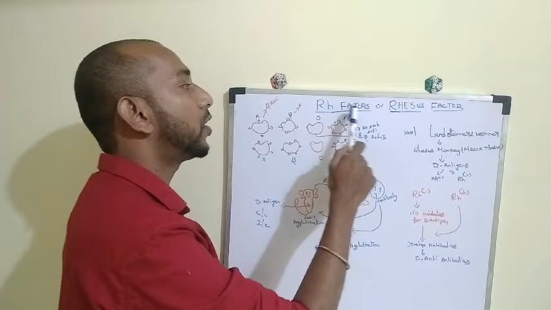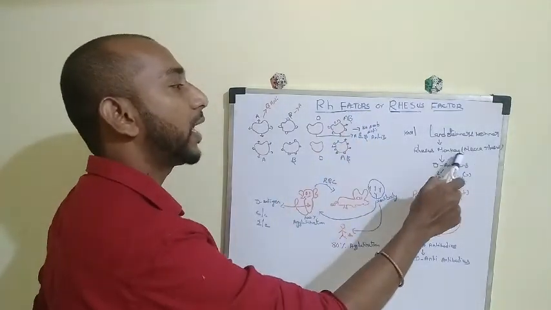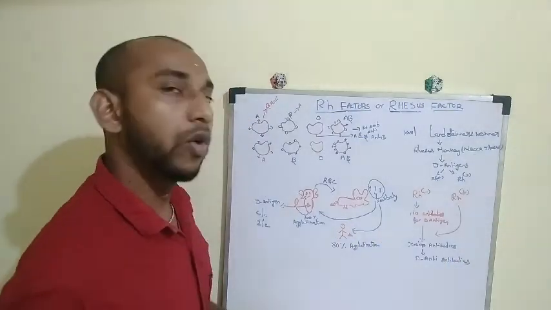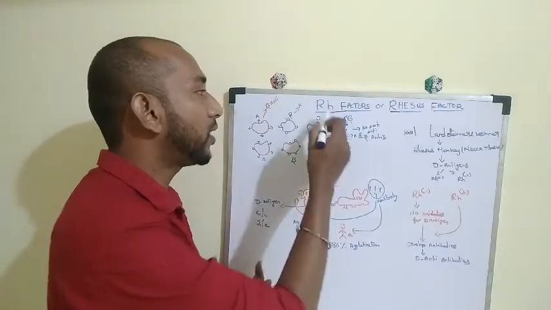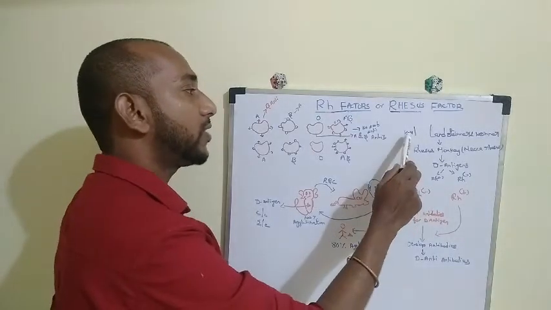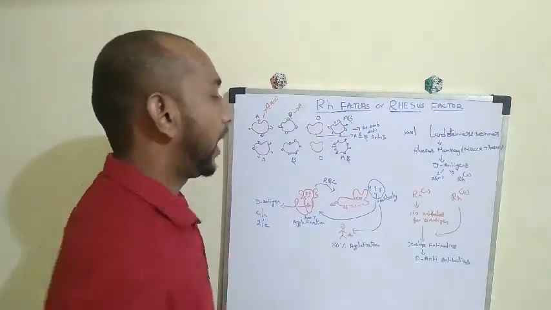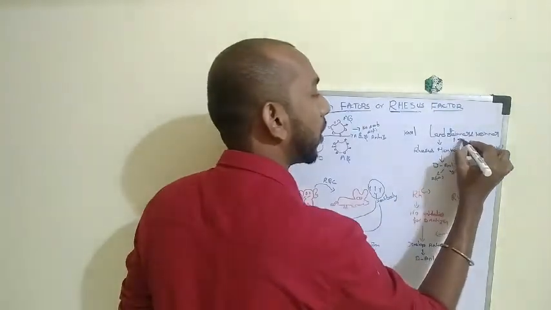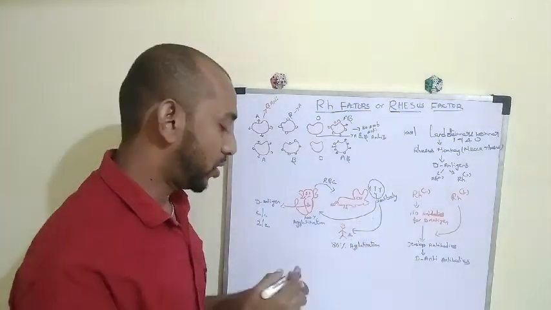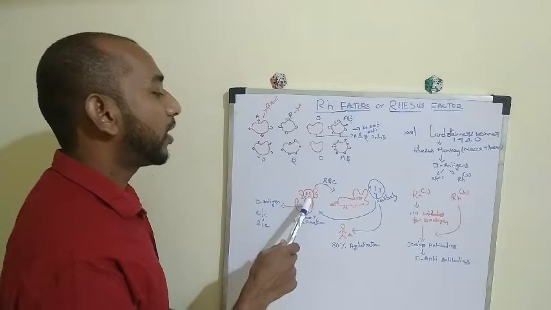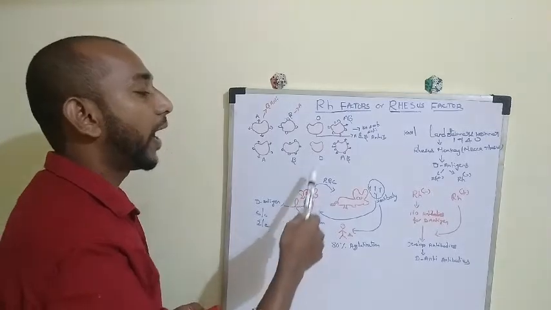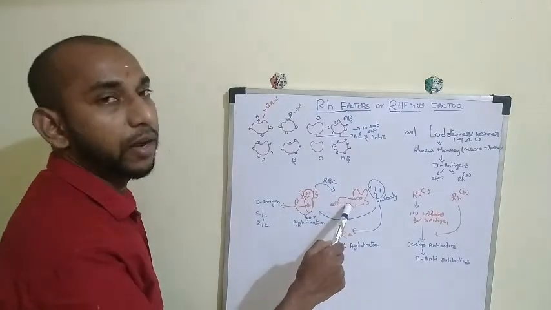The word Rh has come from the rhesus monkey, which is scientifically known as Macaca rhesus. Let us go back a little earlier and find out why it is named Rh factor. In 1940, the scientists Karl Landsteiner and Wiener did an experiment with a monkey as well as a rabbit. They collected the red blood cells, or simply the blood, and transfused that blood into the rabbit's blood system.